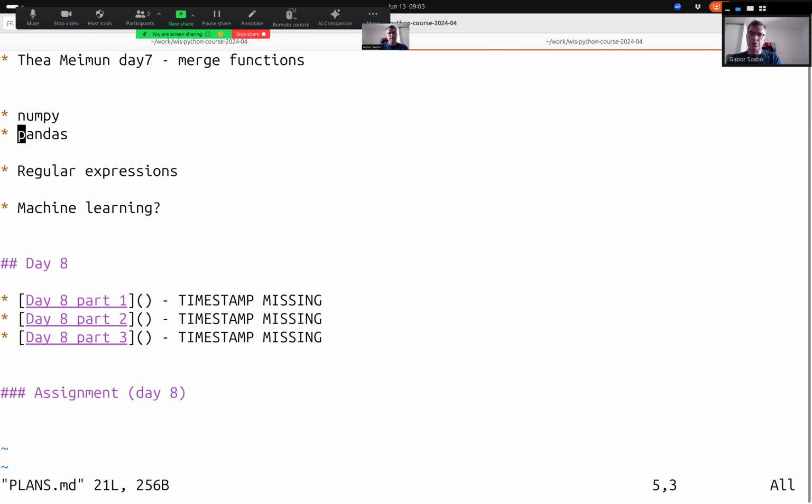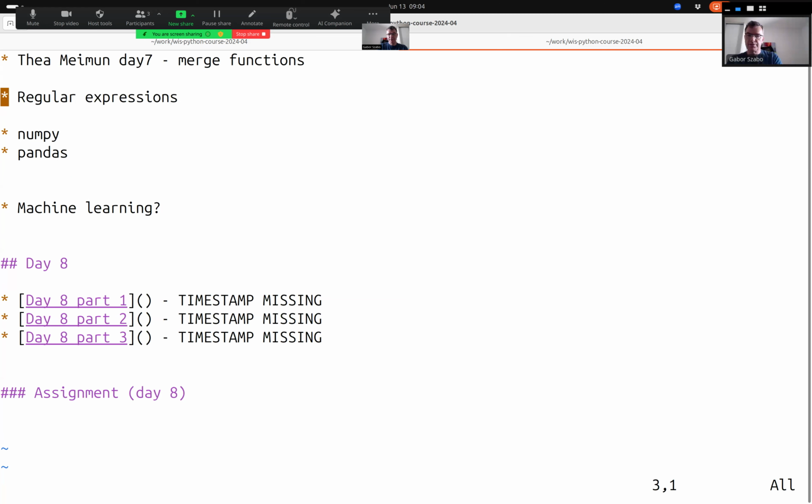The two main items, NumPy and pandas, that we haven't checked. Maybe later also machine learning, and also regular expressions. And actually the funny thing is that maybe we arrange it this way. So the regular expression is something very, I would say, low level thing. And then NumPy, pandas, and machine learning, even if we manage to get there, is something very much higher level, way higher than we dealt with really so far. But let me first